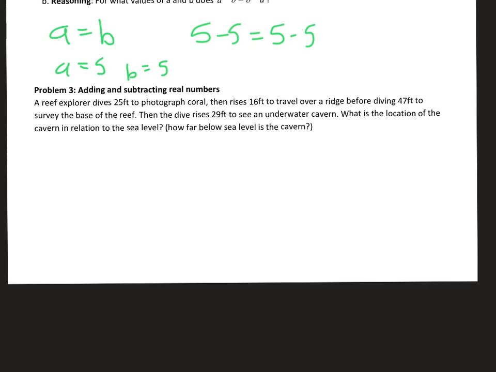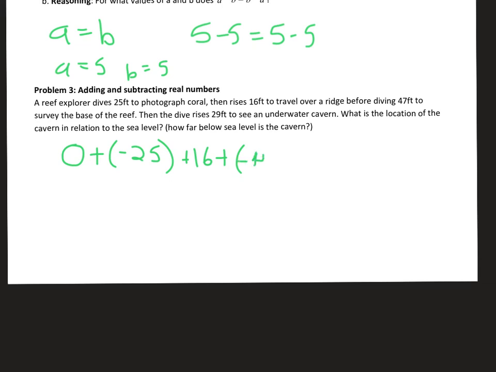So you just got to think about when we're talking about representing positive and negative numbers here, I would think you start at sea or the water level. You dive in. So you start at basically 0 feet above or below the level of the water. And if you dive 25 feet, I would say that's like you're going further underwater, right? You're going down, okay? And then if you rise 16 feet, I would think that represents going up, going towards the water level, and then diving another,